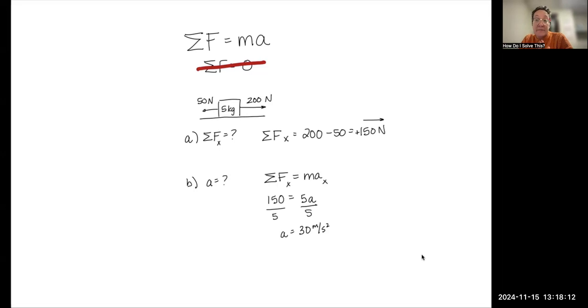So this is the simplest kind of second law problem that you can get. I give you the forces, you tell me the net force, you tell me the acceleration. We can take it up a level, and to take it up a level, we're basically going to have a situation where you need to tell me not just the net force and the acceleration, but maybe you actually have to calculate